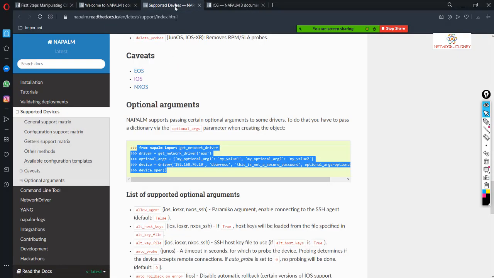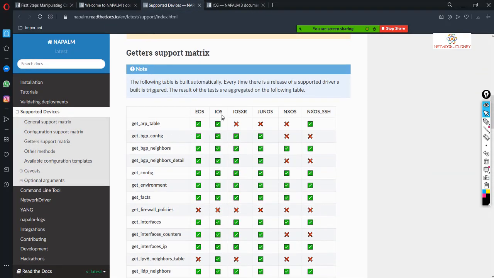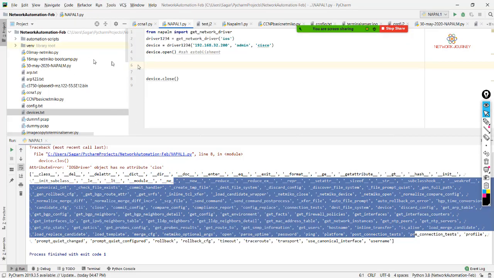So I'll take one of the predefined from this table. Okay, so under iOS I have various commands. So let's take up the first one and let's execute the output. So how am I going to send these commands? I'm making use of device as my variable to open up the SSH. So basically this is a variable which is acting as the tunnel.